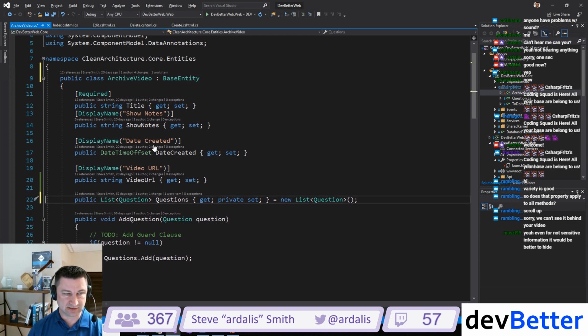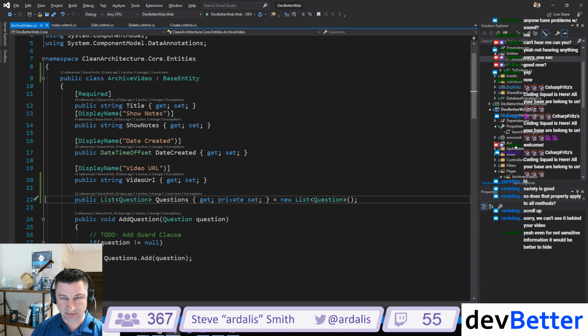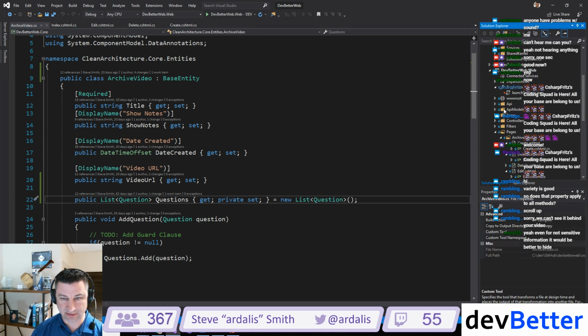Because the model binding is so easy to just jump through whatever properties. All right, so that's the background. Let's talk about actually doing it now. So I've got this API model here, and